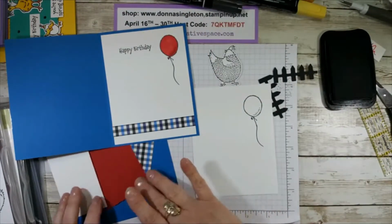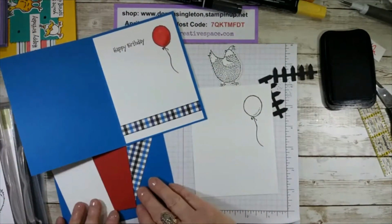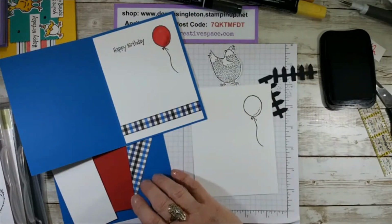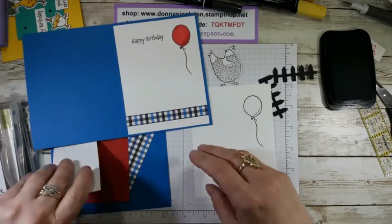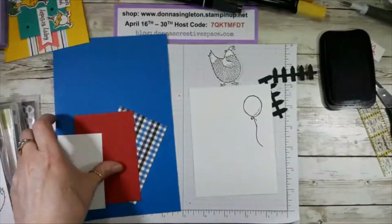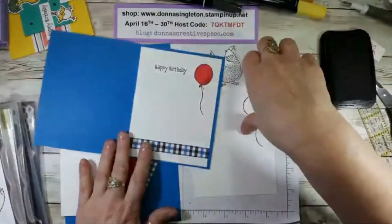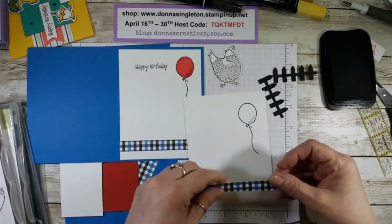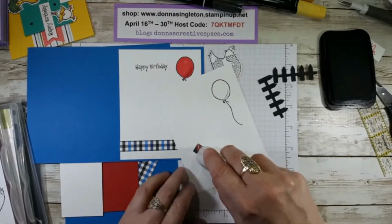And so I have a piece of... Oh, where'd it go? I found it. I thought I dumped everything out, but maybe I didn't. Oh, I hope I didn't lose all the pieces. All right, let's see. Oh, here it is. All right, this is going to go across the bottom and a little bit above the...